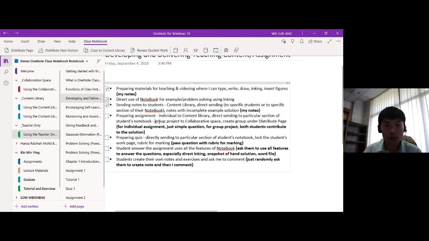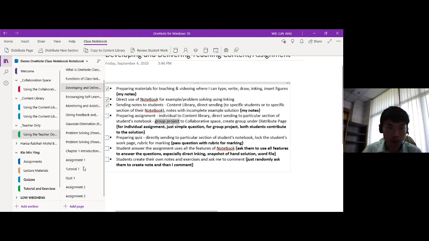So we can have a group project in the collaborative space. For group projects, sometimes when the students turn in their solutions, we do not know who is the one contributing to section A or section B and so on. So if we ask them to work on the group projects in collaboration space, we can create the grouping here.